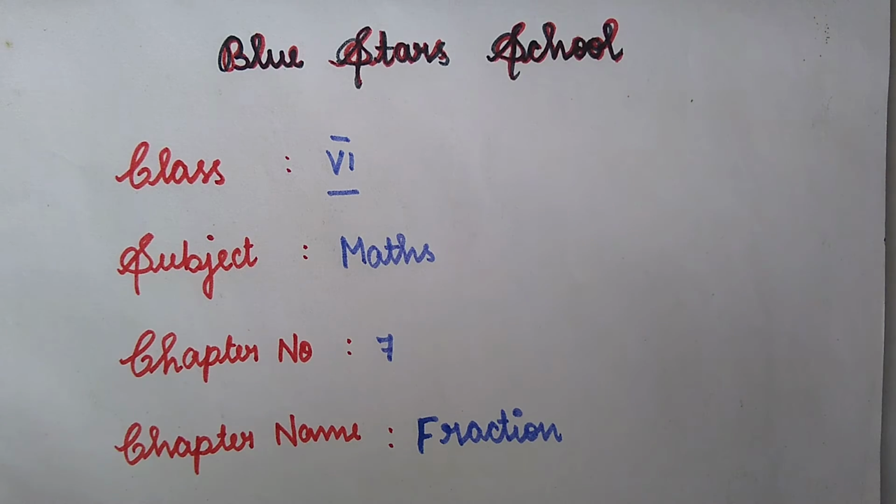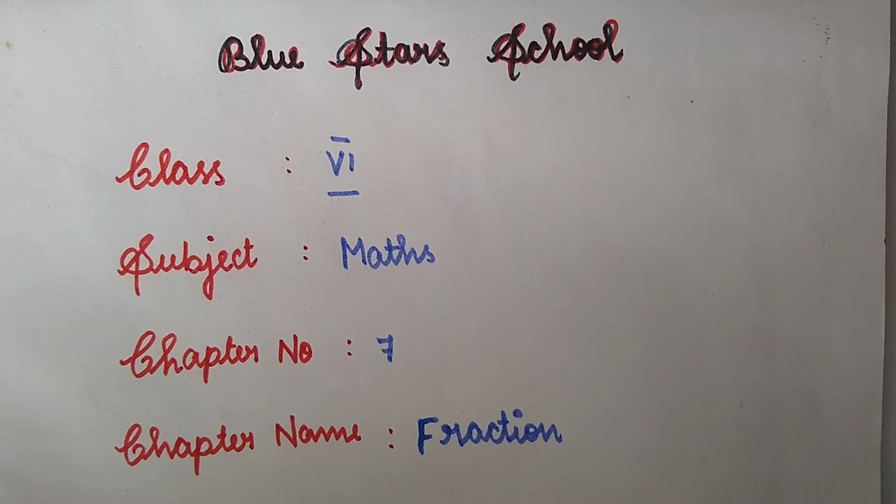What are like fractions and unlike fractions? Like fractions means fractions that have the same denominator. For example, 3 by 5, 8 by 5 and 2 by 5. That is called like fractions. What do you mean by unlike fractions? It is the opposite of like fractions. They have different denominators. For example, 9 by 2, 3 by 5, 4 by 3. That is called unlike fractions. Are you clear? Okay students, let's move to the exercise sums.